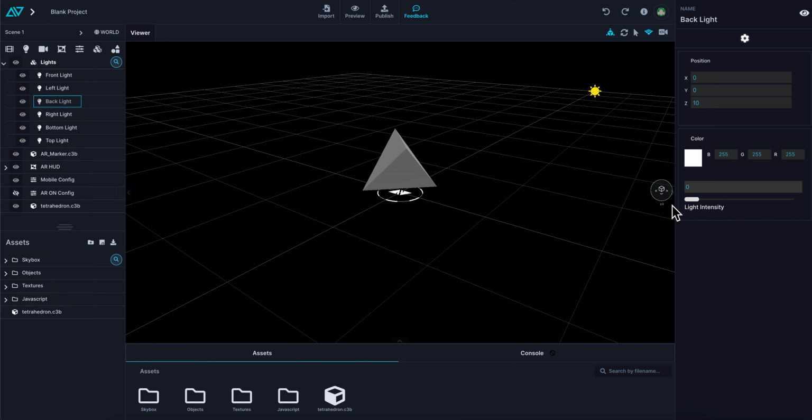the object. Obviously it's white light, and each one of these lights is a sun. It shines in every direction. There's no manipulation of it. It just shines in every direction. So if you have an object on the other side of the light, it will light equally as well.